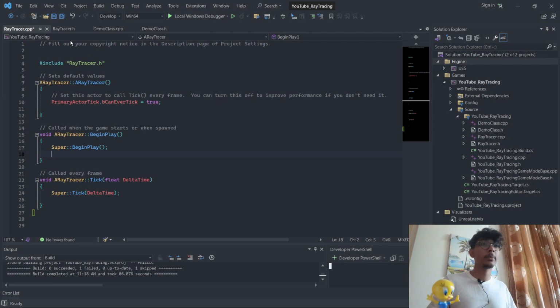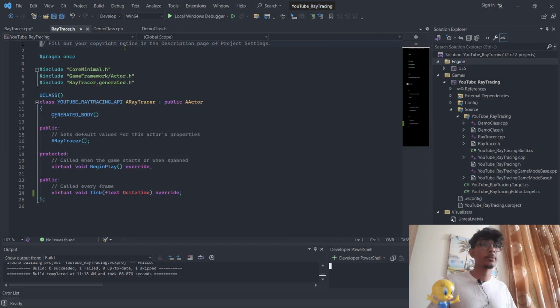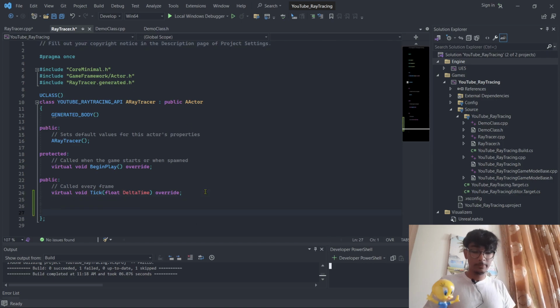So let's do that. Let's come into our header file of a ray tracer, and please ignore the demo class and the demo class edge. You don't require it. It was just a testing class for me. I was just making sure the code was running fine. So let's come back to our ray tracer header, and let's create another public